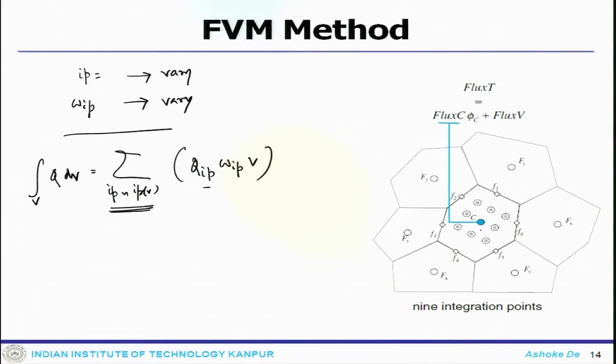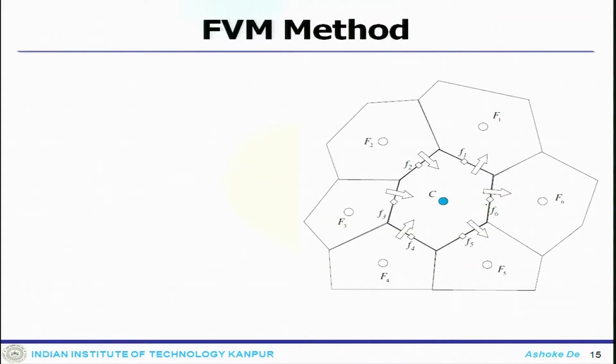So, the difference between the flux and the volume calculation is that in the flux calculation the number of points are varied along the faces. When you come down to the source term integration, which is a volume integration, the number of points vary within the cell. Okay. So, after getting all these done, if you look at that particular element C, you have all these neighboring elements and they are connected with the faces.